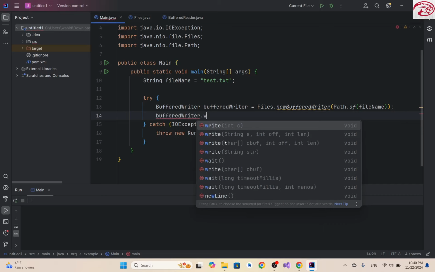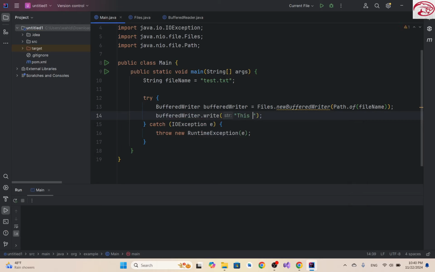overloads of this write method. We can pass a string or an array of characters. So let's use this one and pass it a string. This is a line. Let me run